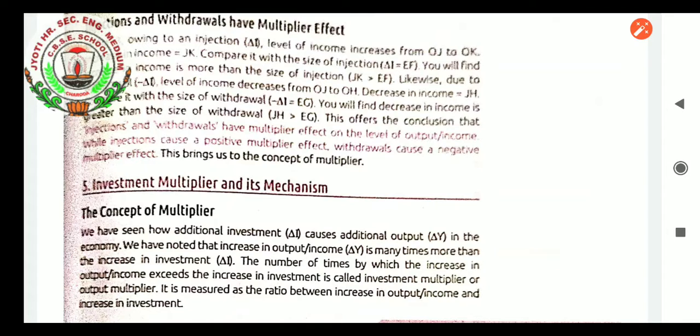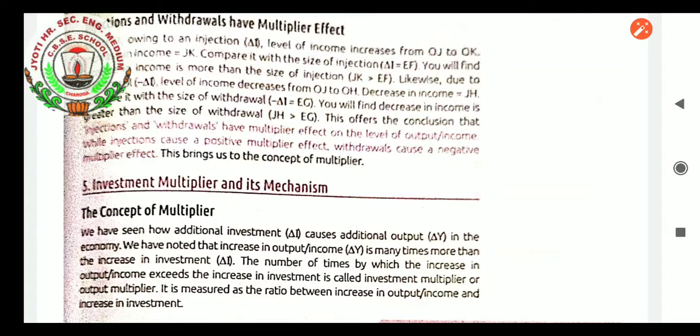Investment multiplier and its mechanism you can see now before the camera. The concept of multiplier shows the change in output, that is the income in the economy, caused by a change in investment. When there is a change in investment, only then can we observe the change in income. Income increases the habit of the people to save, and that saving will later be converted into investment. So how much the income changes in ratio to the change in investment, we can know from the investment multiplier.